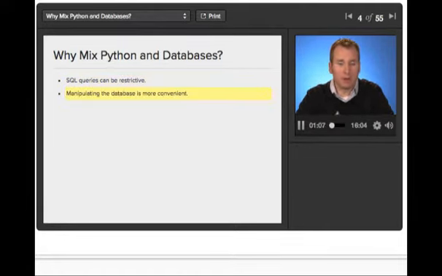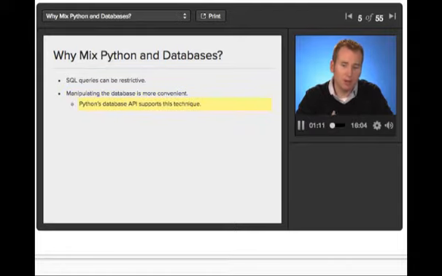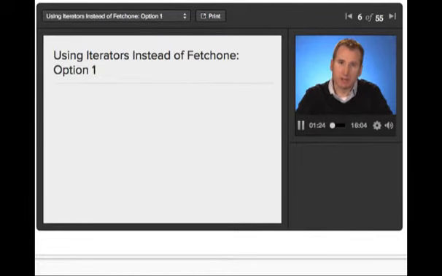And so what we're going to talk about today are some of the built-in tricks to the Python database API, which makes coding in Python while accessing databases an attractive and compelling thing to do. So first thing we'll discuss is how you can use iterators instead of the fetchone method to get a series of results from a database query. So recall from your